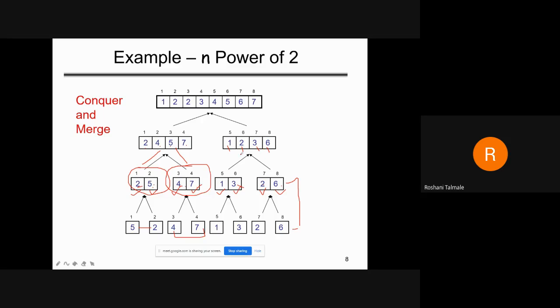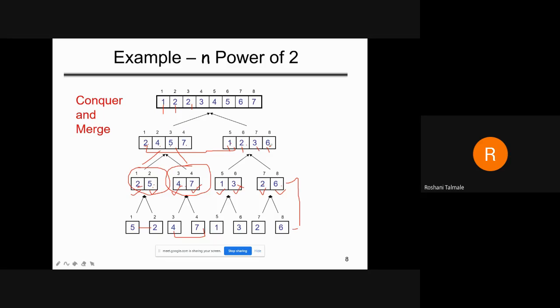Okay. Now we will compare 2 with the 1. We will not compare within a subarray, because it is already sorted. Okay. So 2 will compare with the 1. So 1 is the less. So finally we will keep 1 and then this 2 will come. Then again 2 will be compared with the 2. So it's equal, so we will keep the 2.